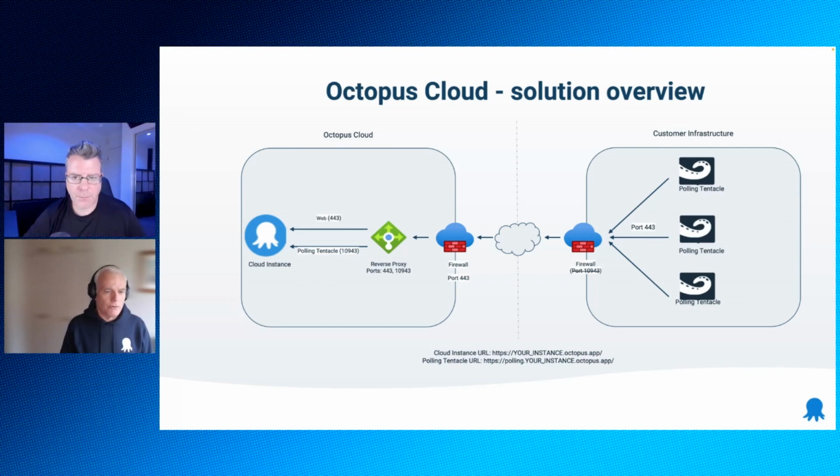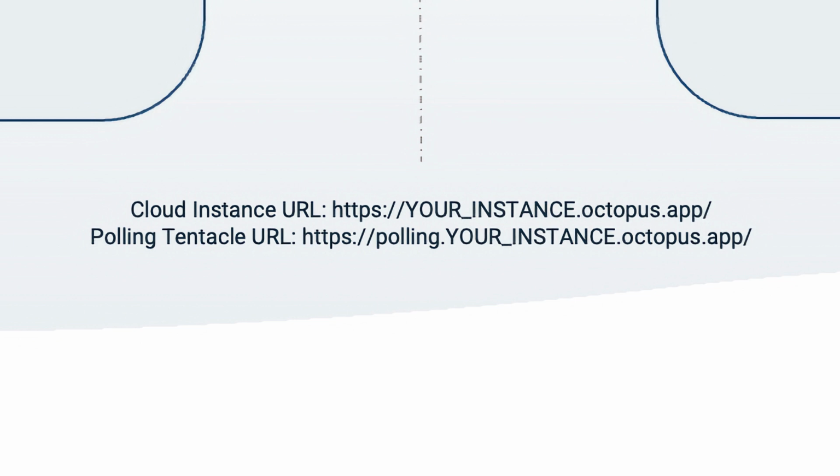Just to give a bit of background as to the change, if I can draw your attention to the two URLs that are listed at the bottom. The top one is your current Octopus Cloud URL, so your instance.octopus.app. What we've done is to configure a second URL by prefixing the word polling in front of your URL. So that now reads